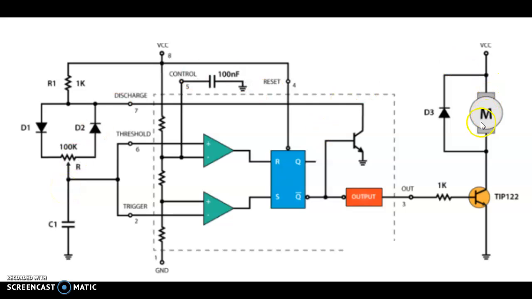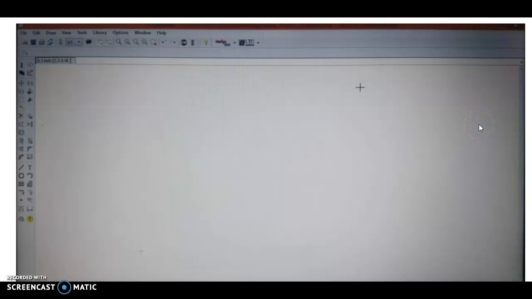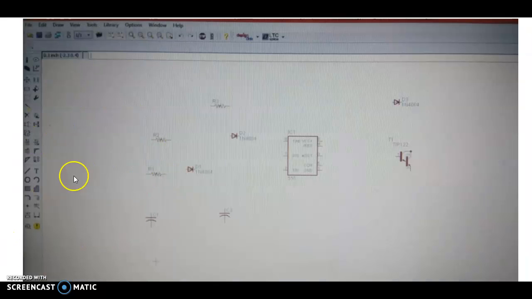I can vary the speed of the motor, and this is the schematic window that will appear in this Eagle software. Whenever you open the Eagle software, you can see the schematic window. If you choose file and new schematic, initially there are no components in the schematic window, and we have one icon that can be used to add the components onto the schematic window. I have used that component adding icon and added all the components required to implement the project.